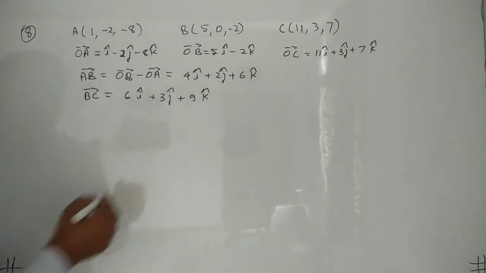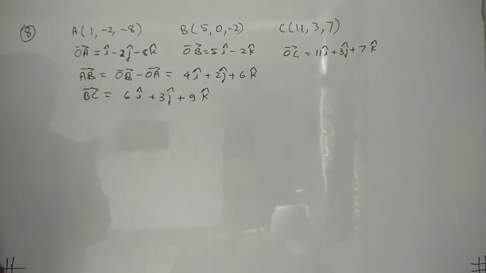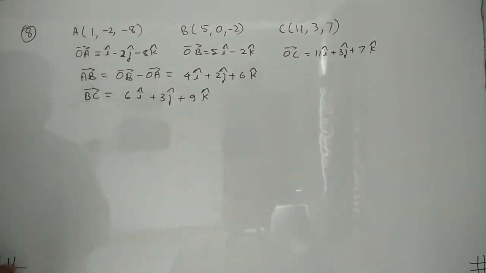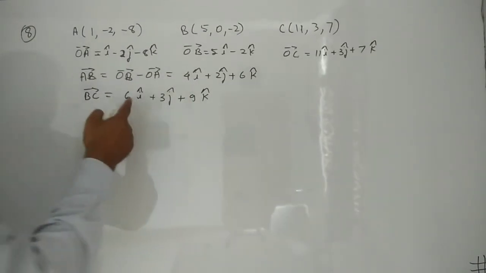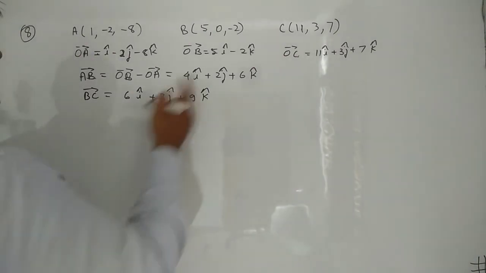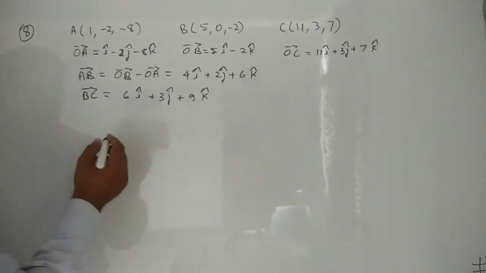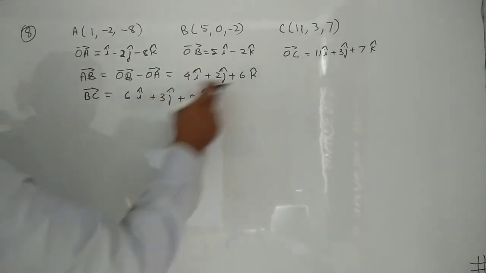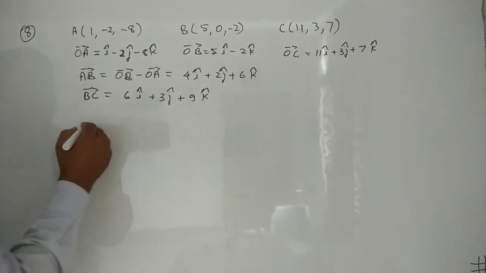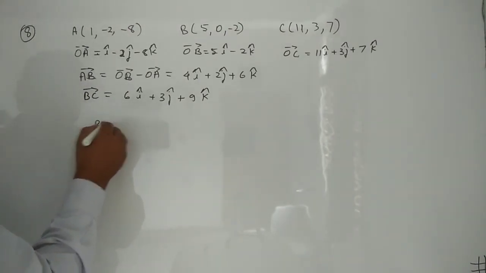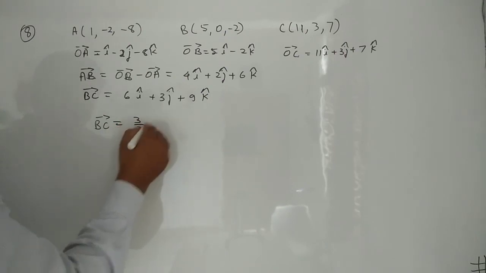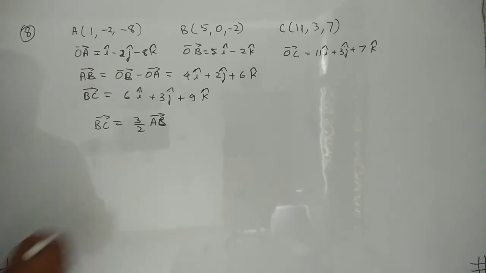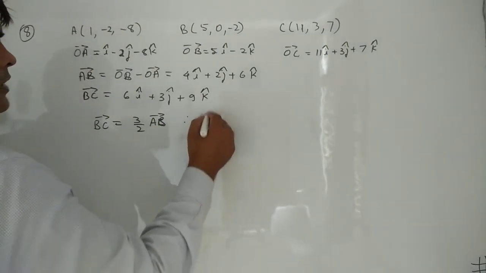So if you see here, 4 by 6 is 2 by 3, 2 by 3 is 2 by 3, 6 by 9 is 2 by 3. What we are doing is finding the ratio of i, j and k components. So they all are equal. The ratio of the x component is 2 by 3, y component is 2 by 3 and z component is 2 by 3. So you can write it down as BC vector equals 3 by 2 times AB vector. Therefore, you can conclude that BC